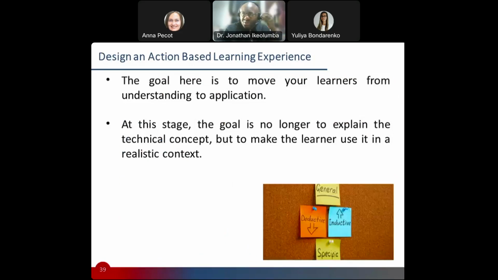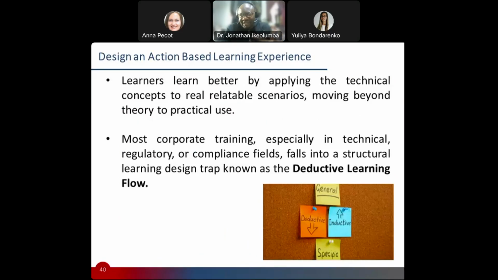The key thing is you're immersing them in trainings like this. So, what's the goal? The goal of a technical training is to get your learners moving from understanding to application. That's even the attraction behind why you want to train something technical. You want them to act on it really. And the thing to always be intentional about is how do I make the learner start to act with information that I'm sharing? How do I make them start to act? And that's where I'm going to then speak about these styles when it comes to learning, right?